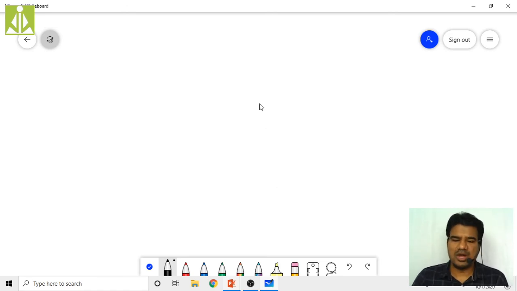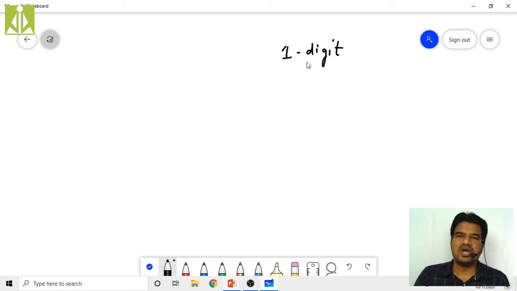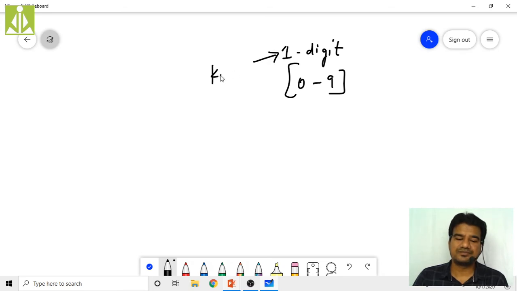Let us assume you have one mobile phone, and to unlock that mobile phone you have to enter only one digit. And our possible options on the numeric pad, how many different options are we going to have? From 0 to 9, isn't it? This one digit is my key size, and this possibility 0 to 9 is my key range.